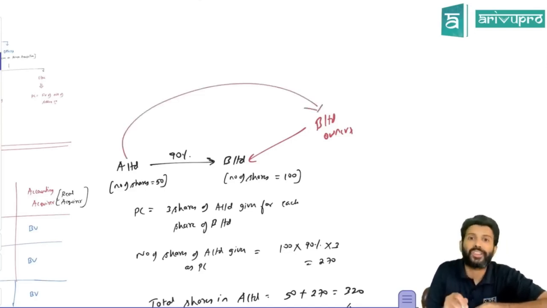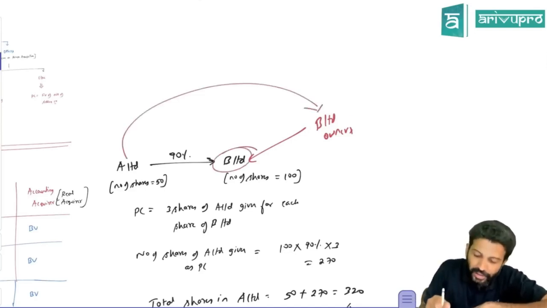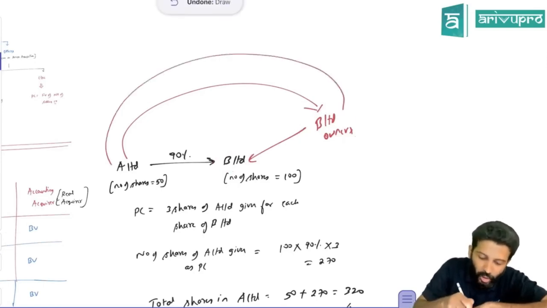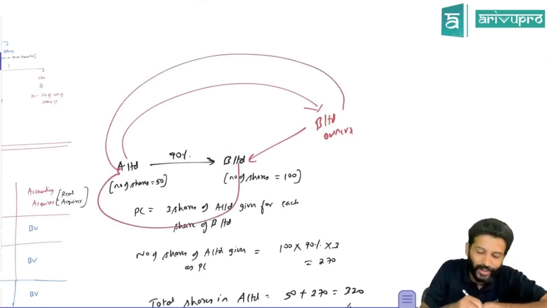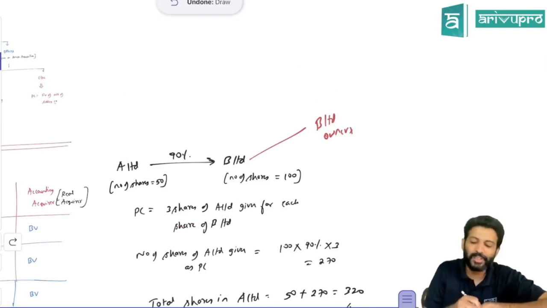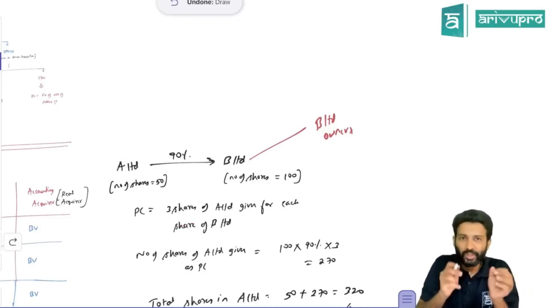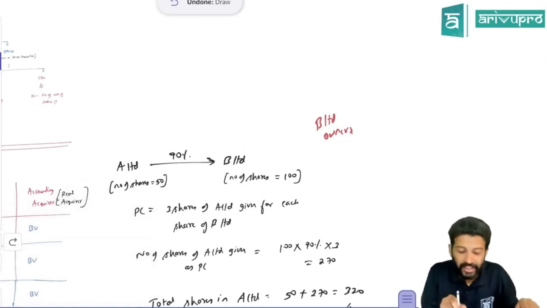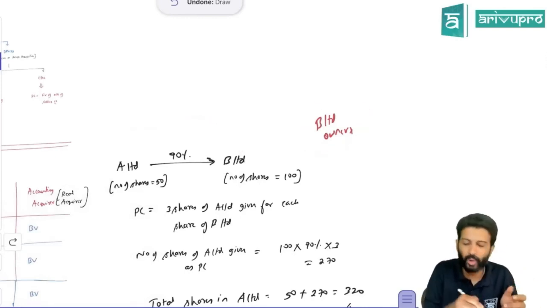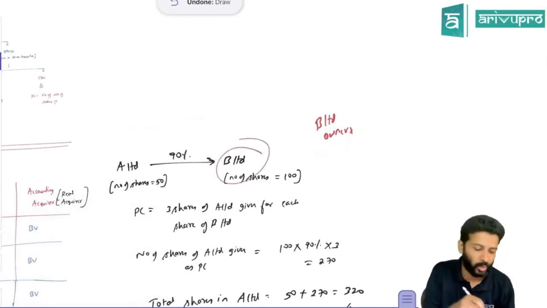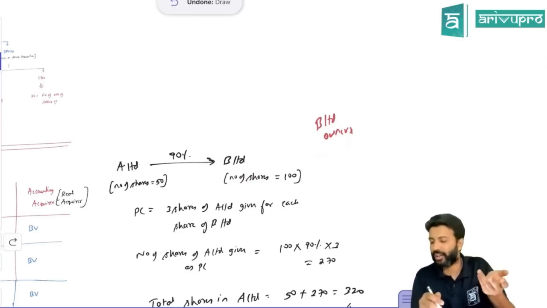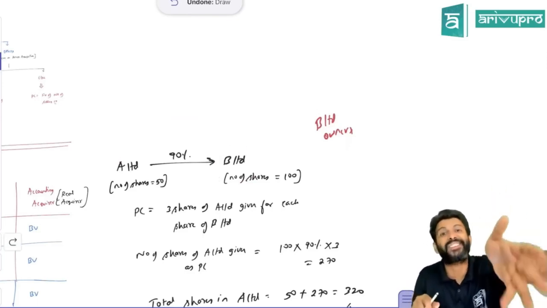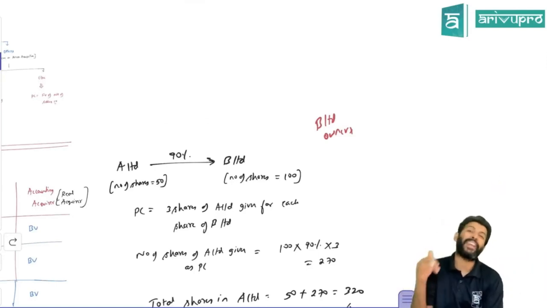Correct? Now what is happening? Earlier B Limited was controlled by B Limited's owners. After this transaction, B Limited's owners control A Limited, and through A Limited they control B Limited again. So on paper, it is saying A has got the control of B, but in reality B has control. We don't do all the accounting for B Limited's owners, right? All the accounting we do for B. That means indirectly B has acquired A. Legally it says A has acquired B, but in reality B has acquired A.